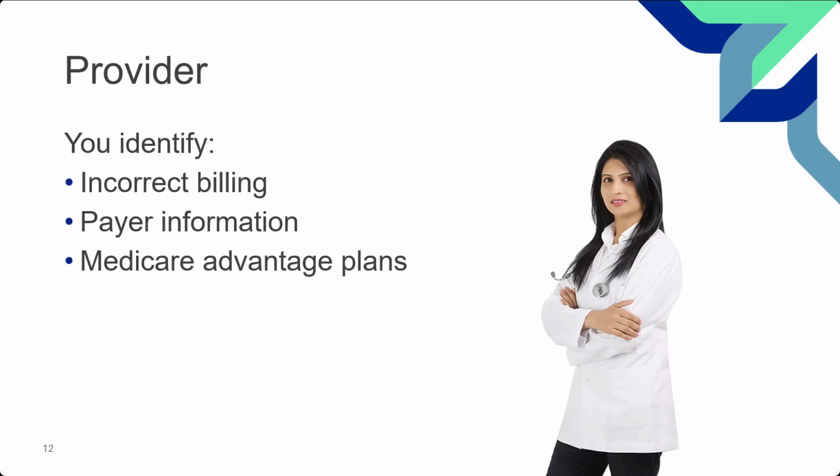The payer information, you can put information on your claim or send information to update the primary payer that can actually create overpayments, but not just for you. It could create them for all providers based on the information that is appended and the investigations and other things that do need to happen. So payer information. Also, providers, the Medicare Advantage plans. So you bill, and then all of a sudden you're like, oh, this patient has an Advantage plan, but it's not on file, so I'm just going to keep billing. You just created an overpayment. Eventually, that Advantage plan will catch up. When that Advantage plan does, we get to take our money back and say bill them for that. All right.